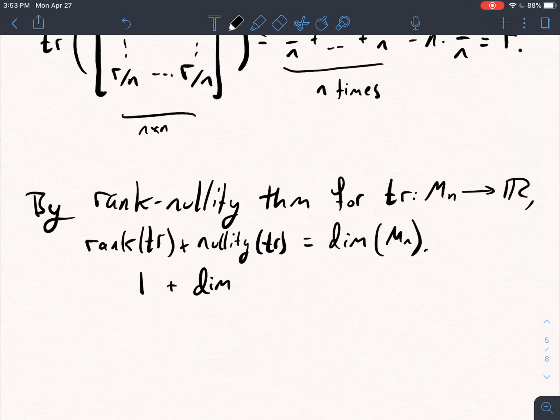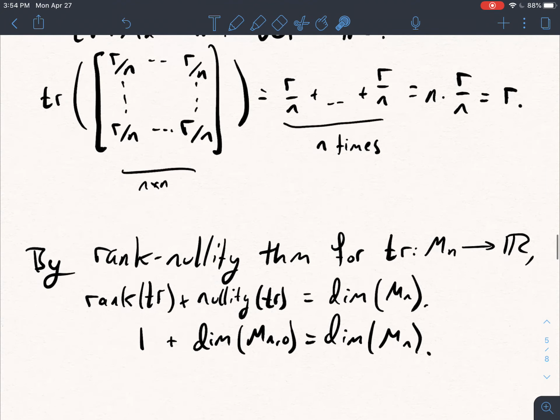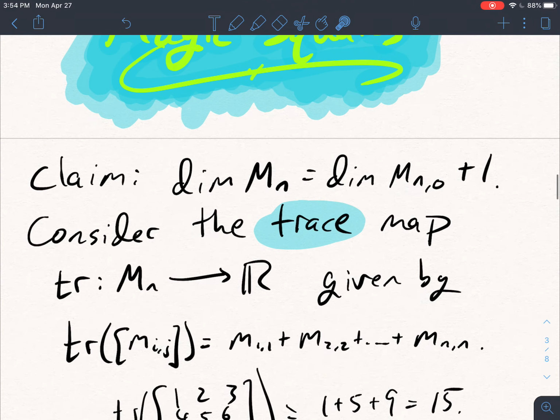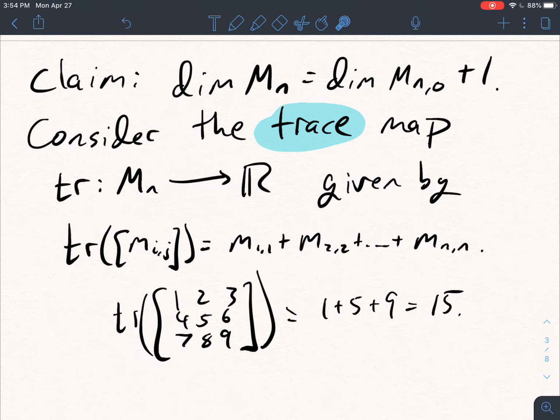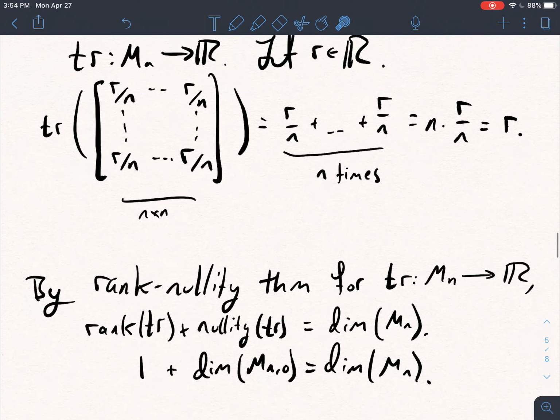The nullity is, as we already said, the null space is equal to M_n0, and so the nullity is the dimension of the null space, which is the dimension of M_n0. Taking into account all of the things that we said so far, we have now shown that 1 plus the dimension of M_n0 is equal to the dimension of M_n. I said at the beginning of this discussion that that was our goal, that was our claim. And so our claim that the dimension of M_n is equal to the dimension of M_n0 plus 1, we have now proven this. In the next video, what I want to do is show you